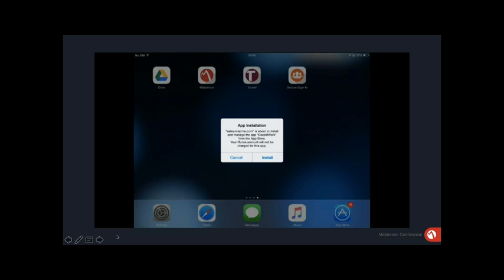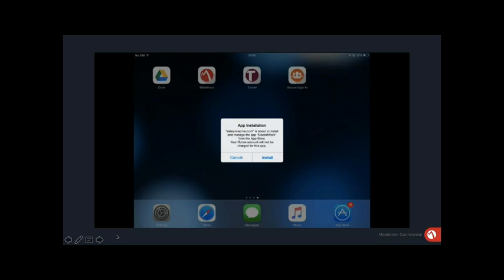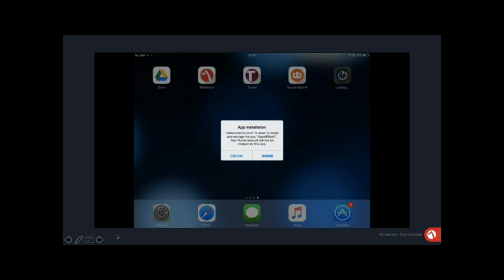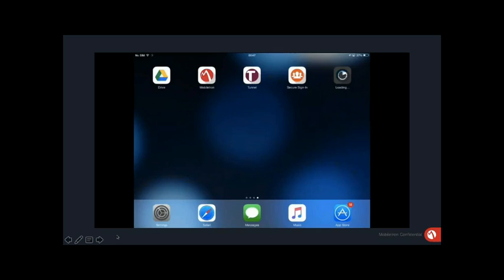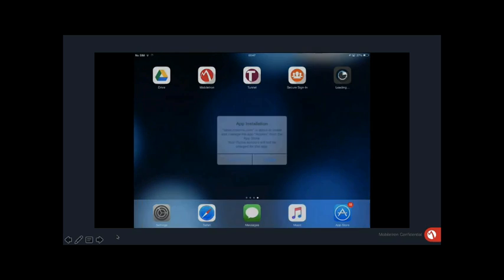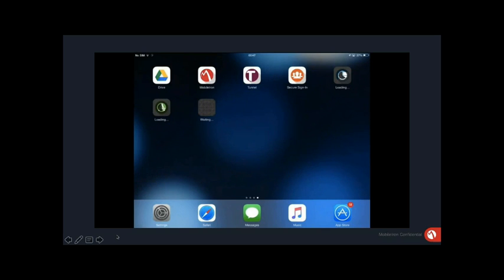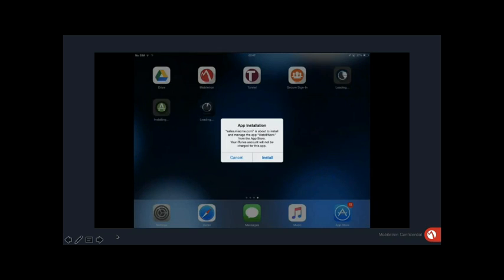Going to install Docs at Work. Now, Docs at Work is a very important part of this demonstration today and this video, because we're going to be using it to provide us with a way to access, store, view, edit, and even annotate documentation from various content repositories, which can then be automatically made available to the device users. It's very much about letting the admin control what happens to the device, establish where data should be, and protect documentation from unauthorized distribution, as an example.